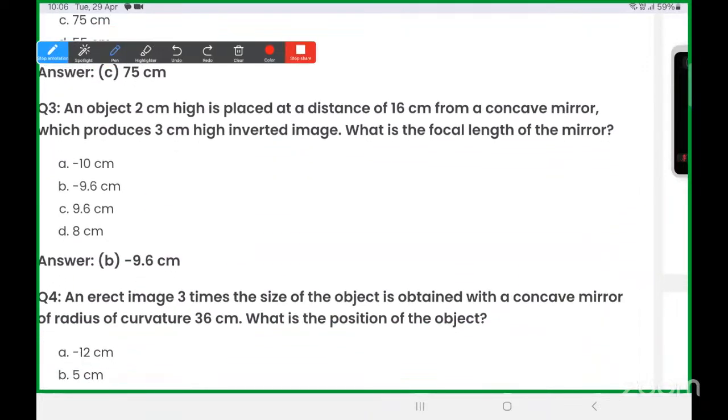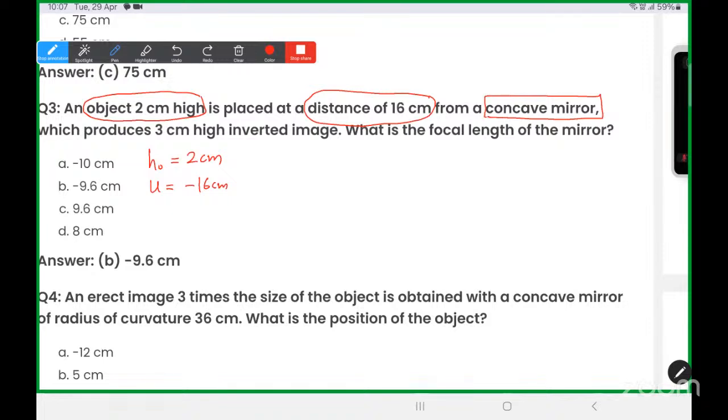एन ऑब्जेक्ट 2 सेंटीमीटर हाई, मतलब ये चीज क्या दिया हुआ है बेटा? HO दिया हुआ है। हाइट ऑफ द ऑब्जेक्ट इज 2 सेंटीमीटर, इज प्लेस एट अ डिस्टेंस ऑफ 16 सेंटीमीटर। डिस्टेंस ऑफ ऑब्जेक्ट दिया हुआ है। U की वैल्यू नेगेटिव इसलिए लेंगे क्योंकि ऑब्जेक्ट तो हमेशा लेफ्ट साइड रखते हैं। तो ऑब्जेक्ट डिस्टेंस इज गिवन है 16 सेंटीमीटर फ्रॉम अ कॉनकेव मिरर।